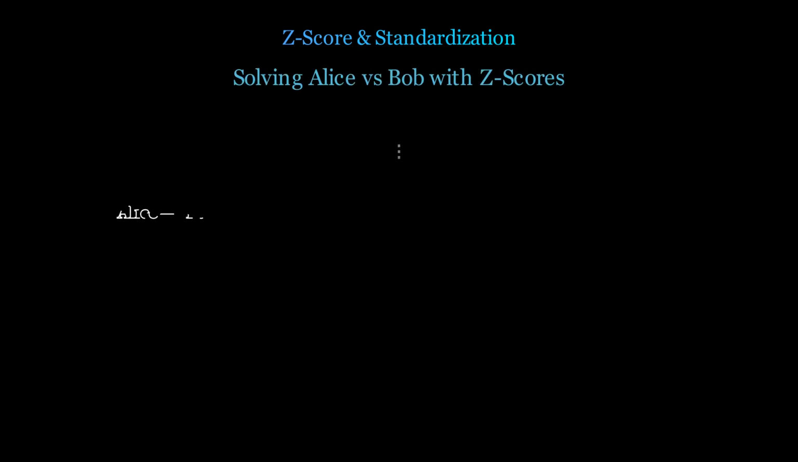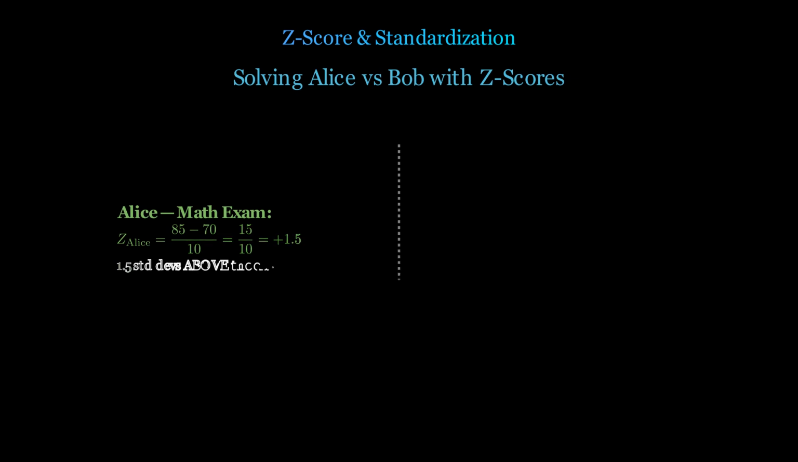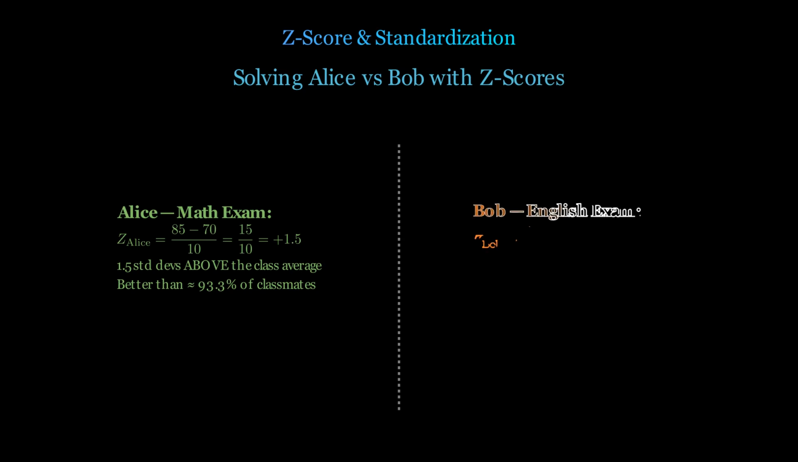Now let's resolve the Alice versus Bob question using Z-scores. For Alice on the math exam, 85 minus 70 divided by 10 equals plus 1.5. Alice is 1.5 standard deviations above her class average, scoring better than approximately 93% of her classmates. For Bob on the English exam, 72 minus 60 divided by 6 equals plus 2.0. Bob is 2 full standard deviations above his class average, scoring better than approximately